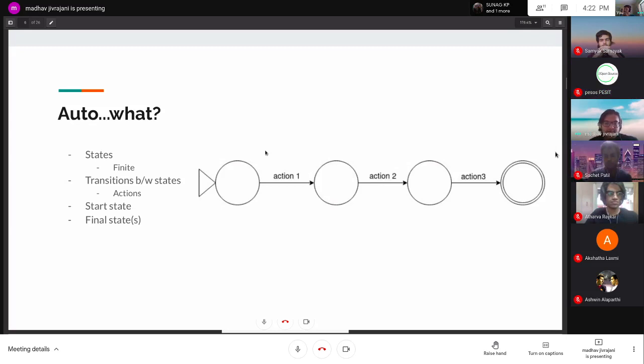You usually denote a start state with this triangle over here. Then you perform a bunch of actions: you do action one, go to the second state, do another action, go to another state, and do another action, and you reach a final state. The final state is usually modeled by a double circle like this one right here.